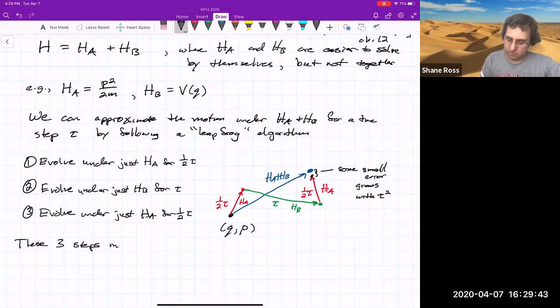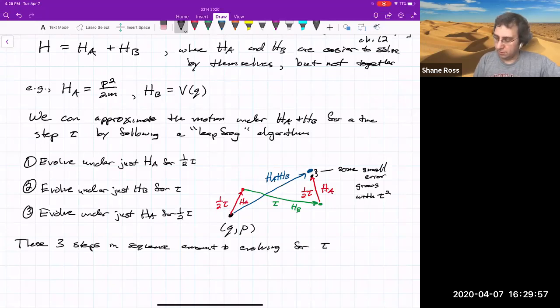in sequence, they amount to evolving for tau under the Hamiltonian, which is HA plus HB plus something else, plus tau squared over 12, and then some embedded Poisson bracket thing. So HA with HB is in there. HB